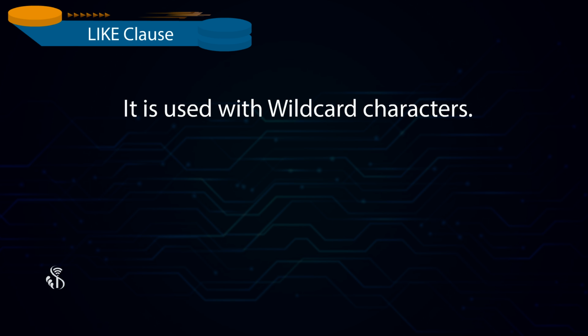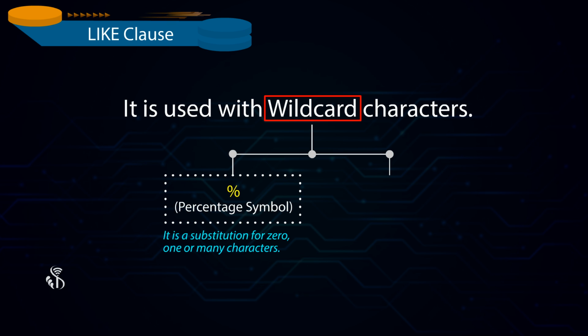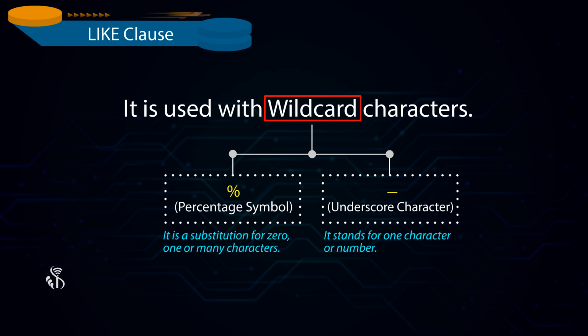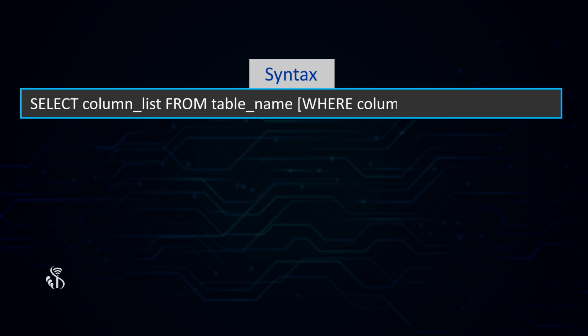Like clause is used with wildcard characters. There are 2 wildcard characters used along with the like clause. Percentage symbol. It is a substitution for 0, 1 or many characters. Underscore character. It stands for one character or number. The general syntax with like clause will be: select column list from table name [where column name like '_XYZ%'];